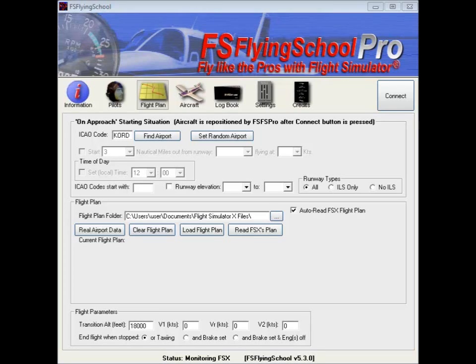This is a quick overview of what's new in version 5.3 of FS Flying School Pro. The additions that have been introduced in this version are at the flight plan screen of FS Flying School Pro, and we've added several features to the on approach section, which allows you to very quickly set up an approach